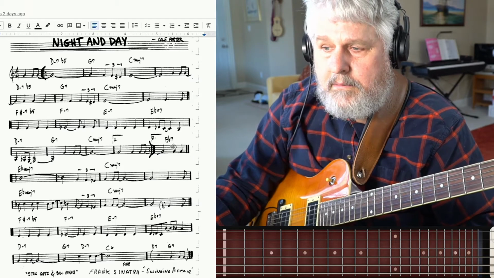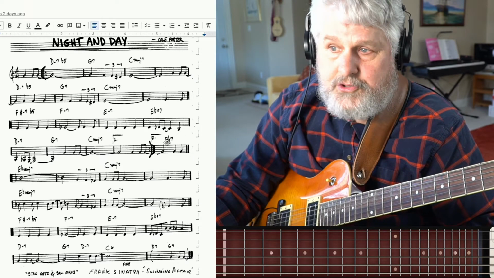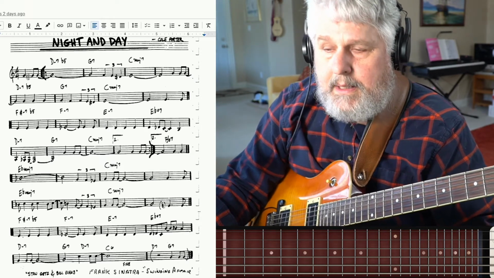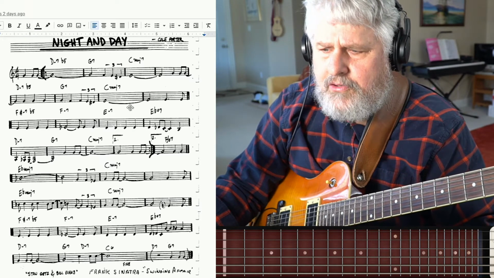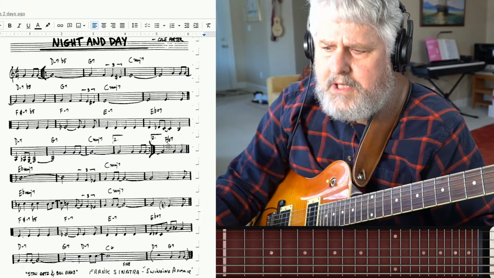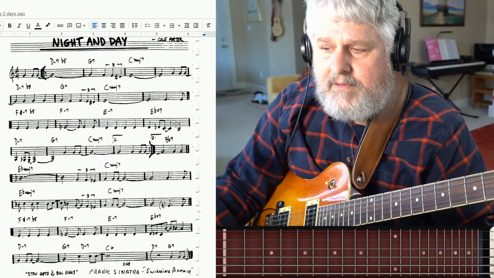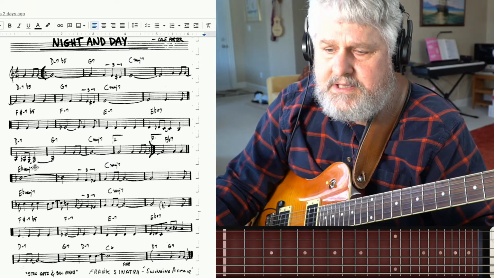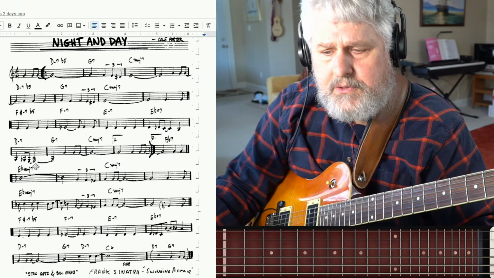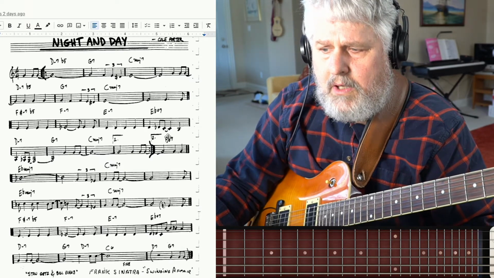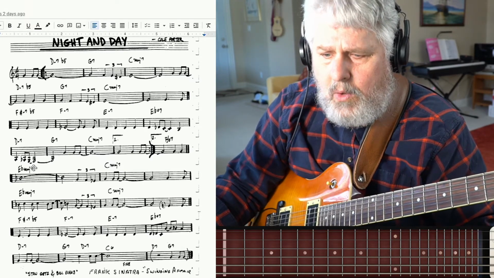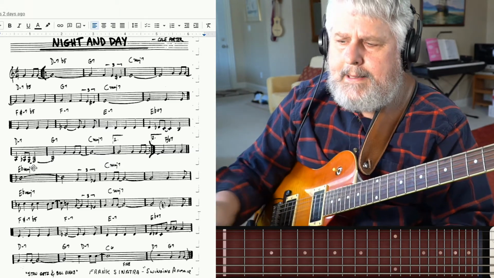There are notes here that just don't belong in a C major scale, and we have to try to explain what scale this comes from. Well, this is the 5 chord in the key of E flat, and that's precisely where it's resolving to. So we've got a 5 to a 1,